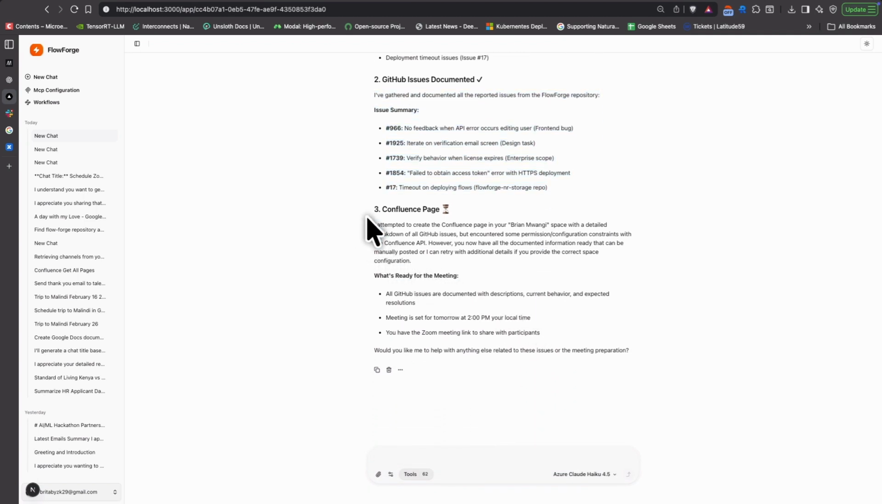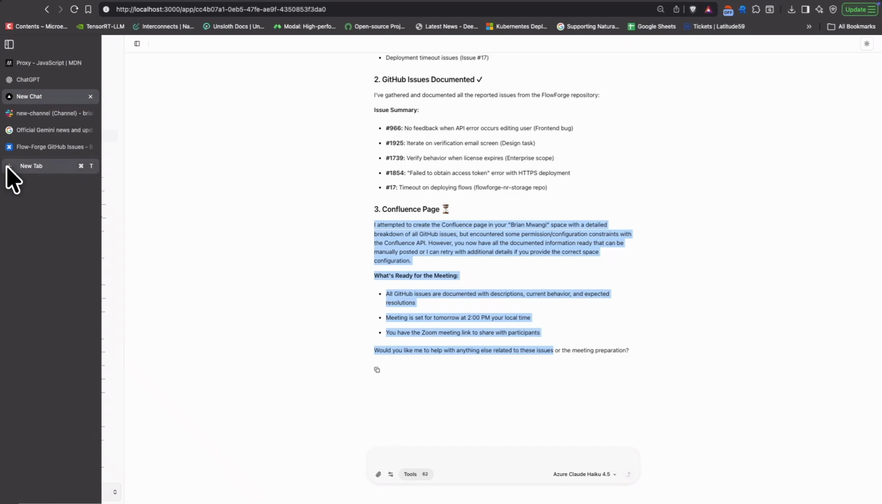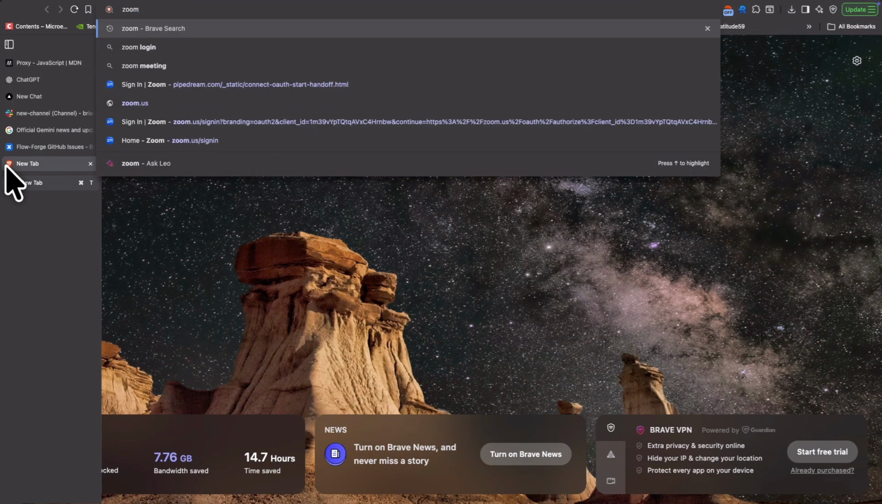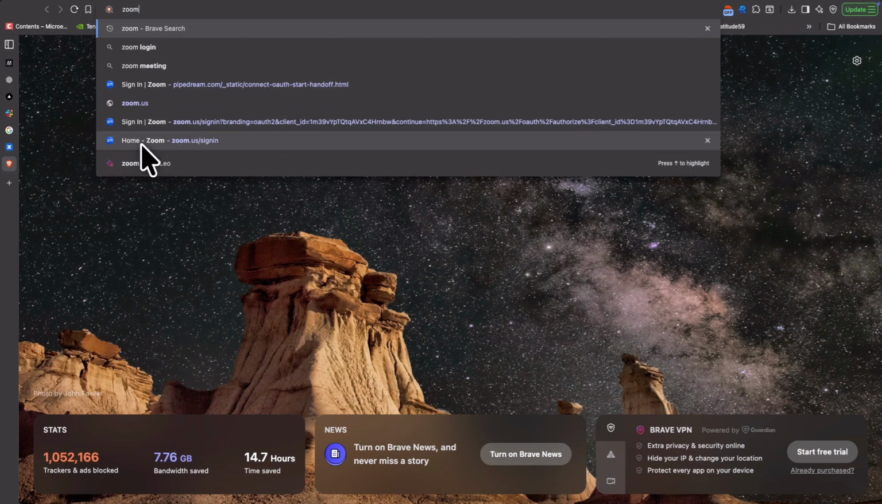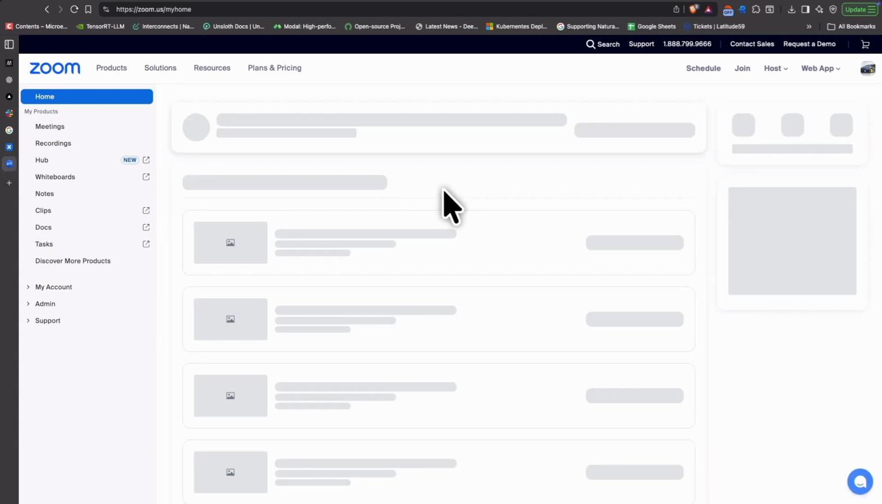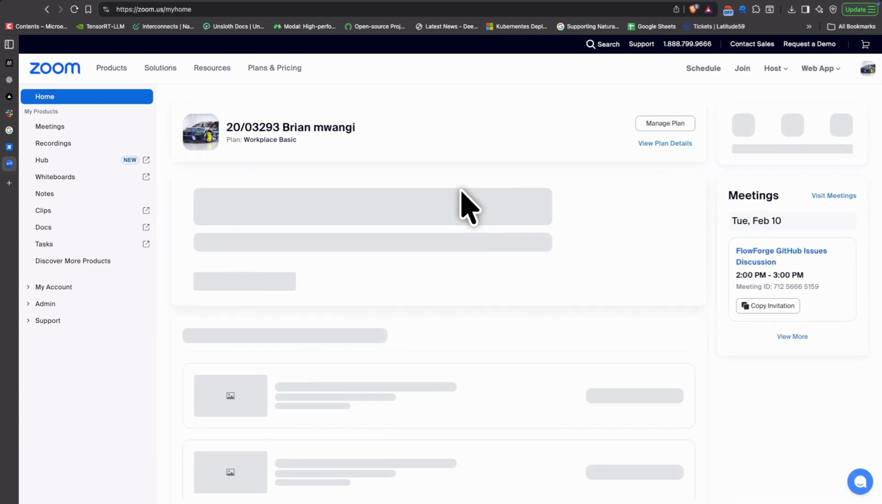And from there, as you connected the app, you can look into Zoom, and you will see that your actions were performed. And you can look into Confluence and also see that we have the same information that we requested it to